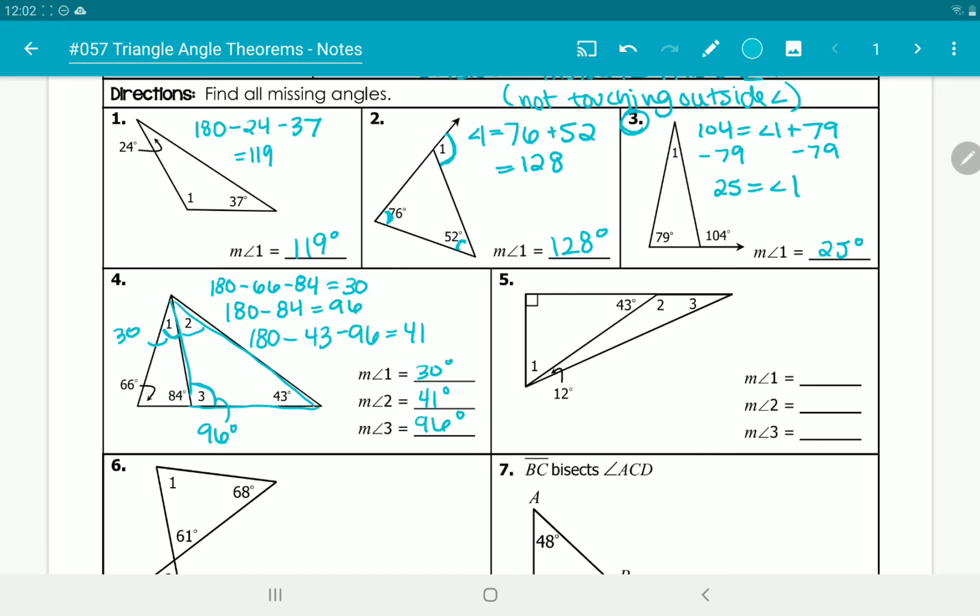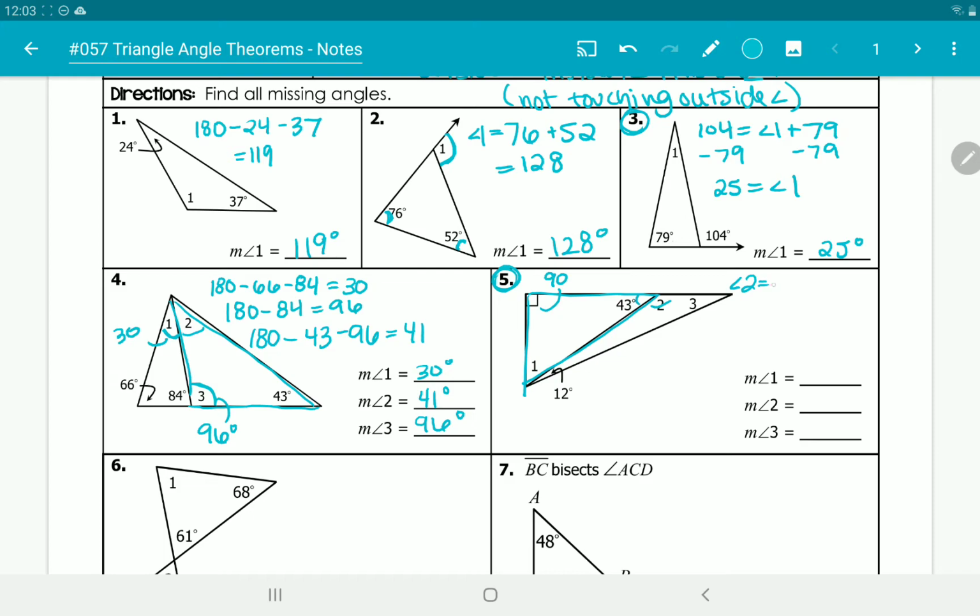Okay, so I want you to pause the video now. Try number 5 on your own, okay? And I will go ahead and start by giving you a hint that this is 90 degrees, okay? Look at this small triangle first, okay? So you can find angle 1 from there, okay? This right here is going to be 180 degrees together, so angle 2 is going to be